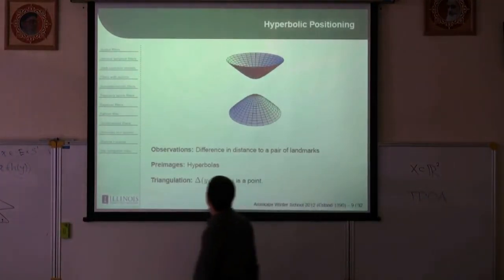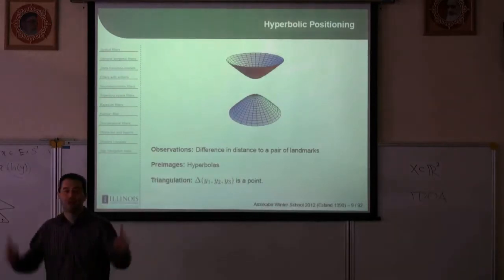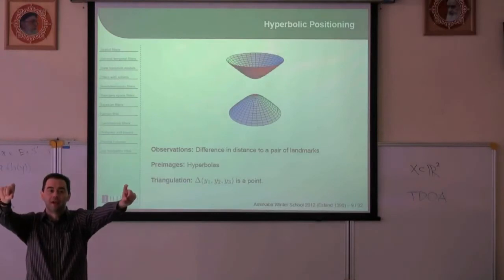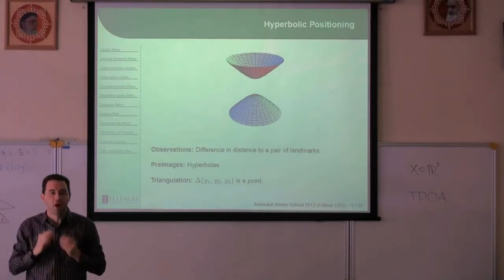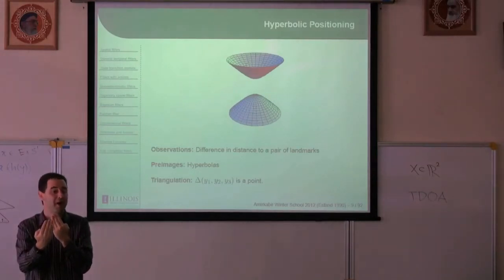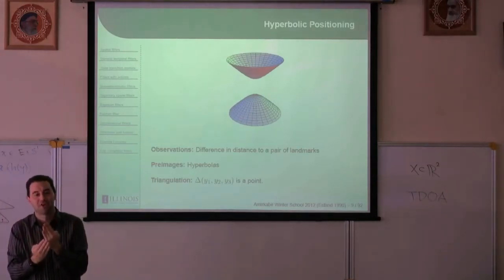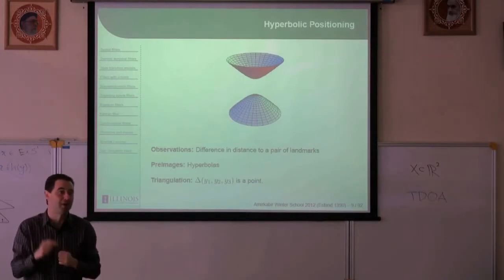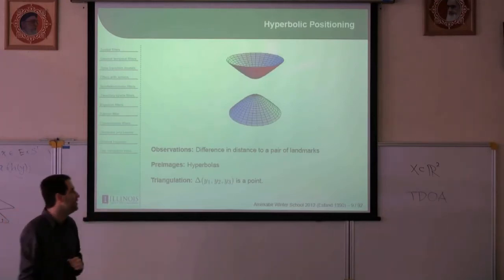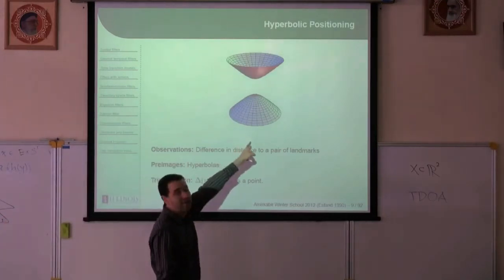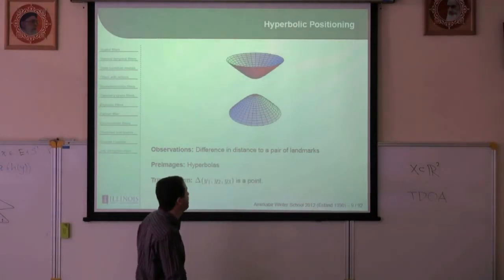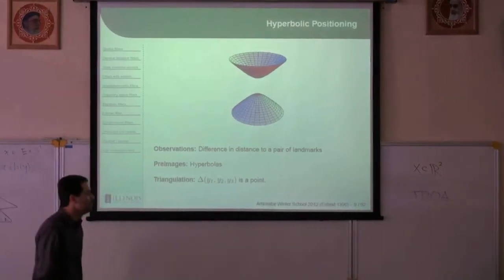So, for example, if I have 2 towers, and maybe the 2 towers are synchronized with their message, and the message gets transmitted to me, and then all I know is the time shift of the messages. So that's time difference of arrival. I don't know how far away anything is. It turns out if I get an observation like that, like I observe that this message is 1 nanosecond later than that message, then what I get is a hyperbolic surface for the pre-image. And so there's a method called hyperbolic positioning that's exactly based on this, which I think is